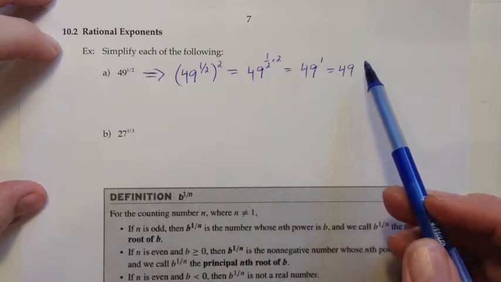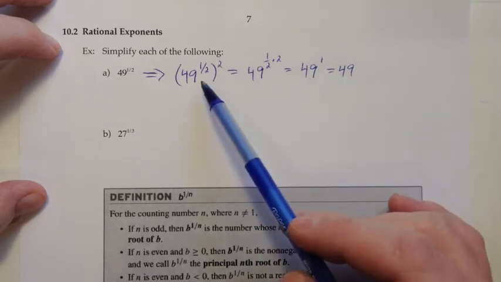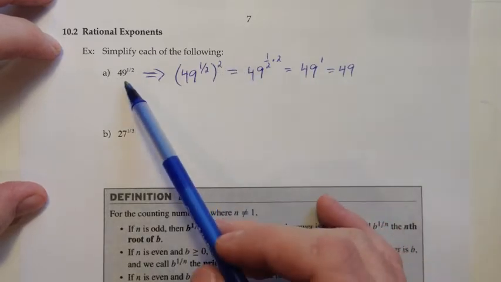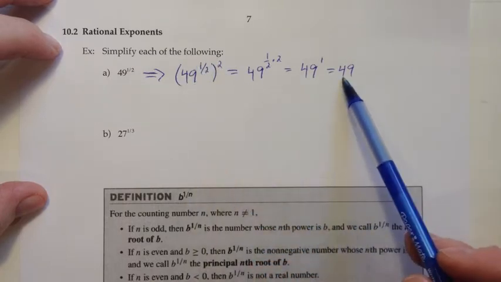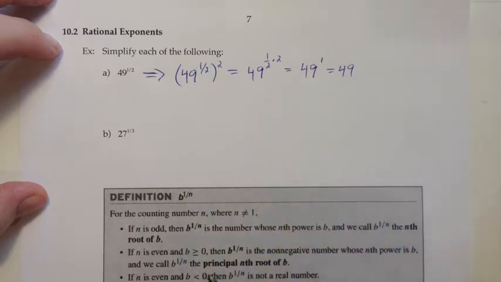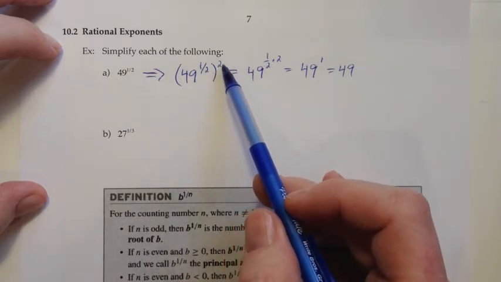So then we could start thinking, well, what number do we know that if we square it we get 49? And the answer to that is 7. So it seems like 49 to the 1/2 might be 7, because if that was true, 7 squared would equal 49. Another thing that we could look at here is that the 1/2 is canceling with the exponent of 2,